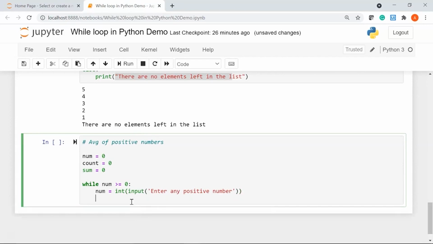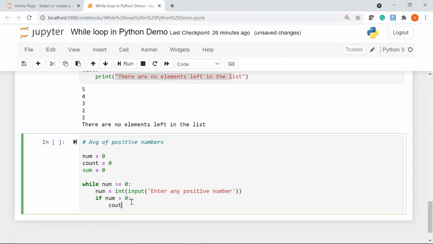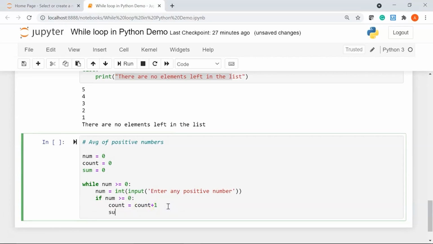Then I'm going to say if my number is greater than 0, I'll say count equal to count plus 1. Let's make this greater than equal to 0. Then I'll say sum equal to sum plus my number.